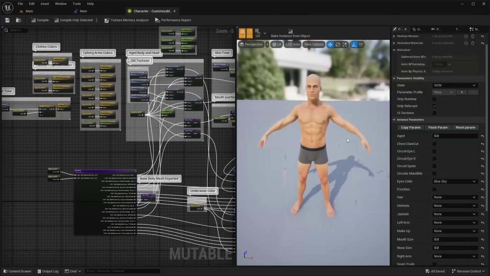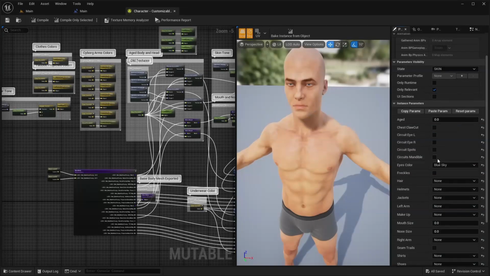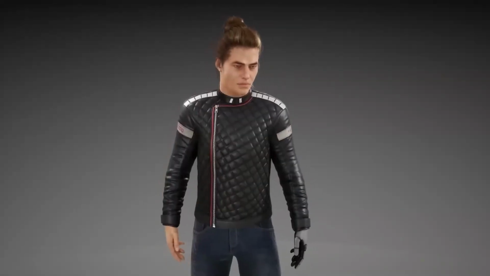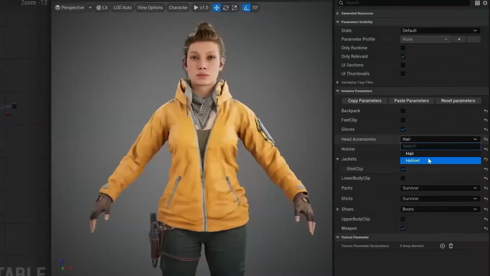Hello! In this video, I'm going to be giving an introduction on how to use the new Mutable plugin. If you don't know what that is, in the latest version of Unreal Engine, version 5.5, Unreal Engine released this new Mutable plugin, which basically makes it easier if you want to set up things like character customization inside of